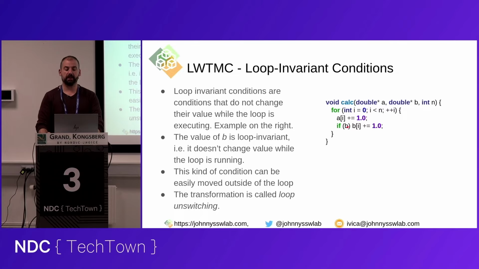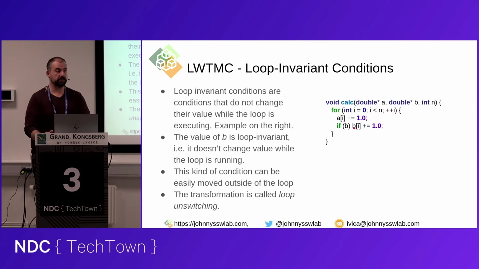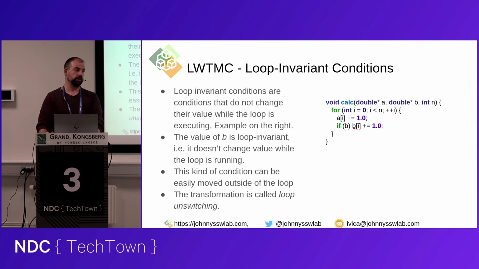Look at this loop here. I have two arrays, A and B, and N, and inside the loop I have this if B of I plus equals 1. One type of loop condition is called a loop invariant condition, and it's called that because it doesn't change its value while the loop is running. It's in the scope of the loop, it's constant. And what happens then is that this B, which is a parameter to this function, is constant, doesn't change value,